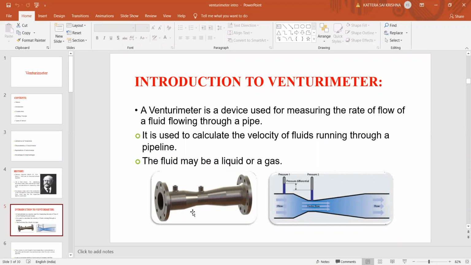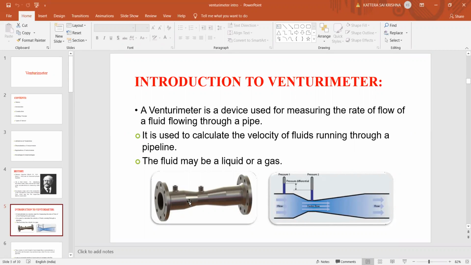So this is the venturimeter, the shape of the venturimeter. So these two ends will be connected to a pipe where we need to find the discharge. In the middle of that pipe, we need to connect this venturimeter. And these two things which are here are connected to the U-tube differential manometer to find the pressure difference. How much pressure difference is there at this part and how much pressure difference is there at this part. Like here, if you can see, these are the piezometers connected, but in lab we'll connect a U-tube manometer. I'll show how it looks, right?